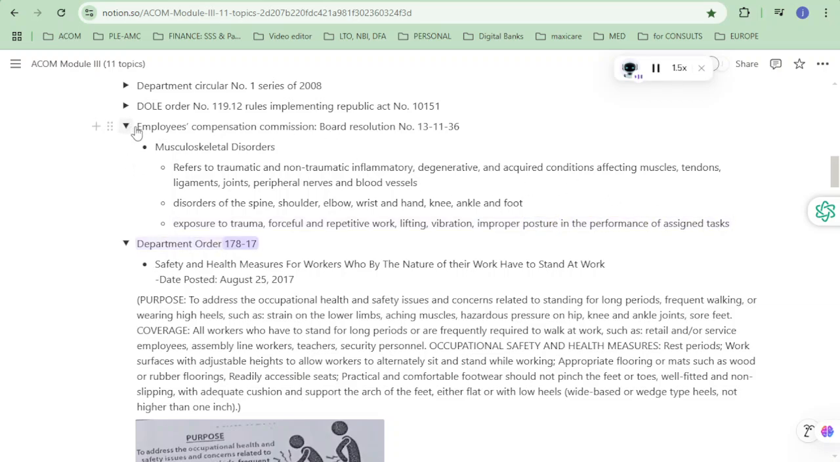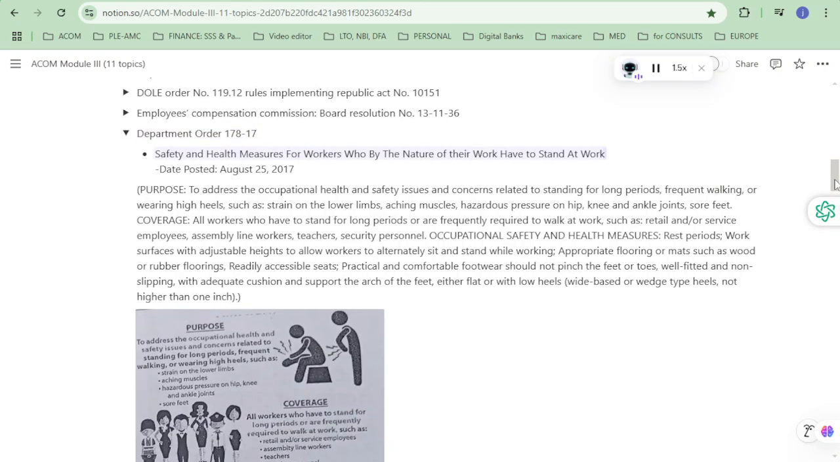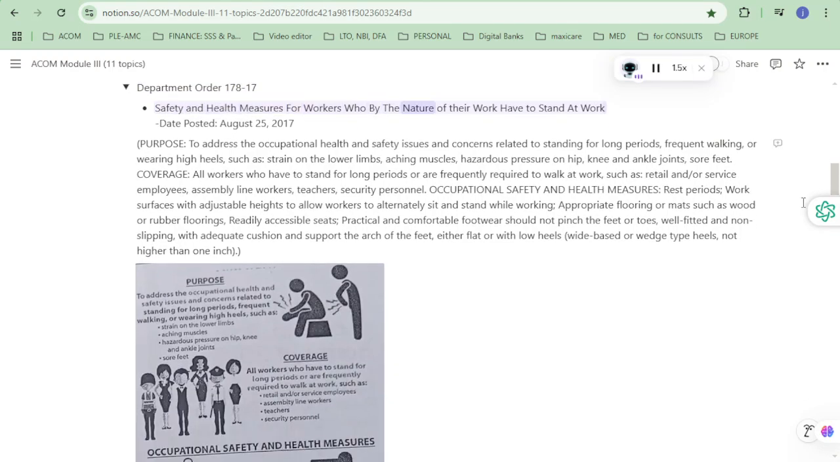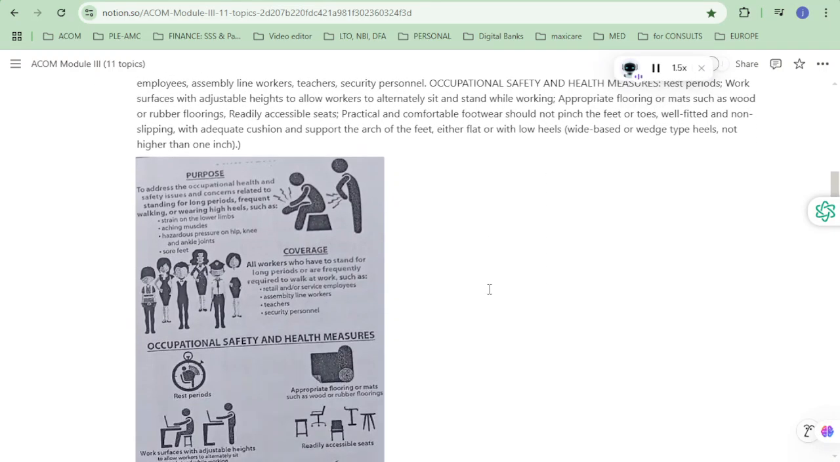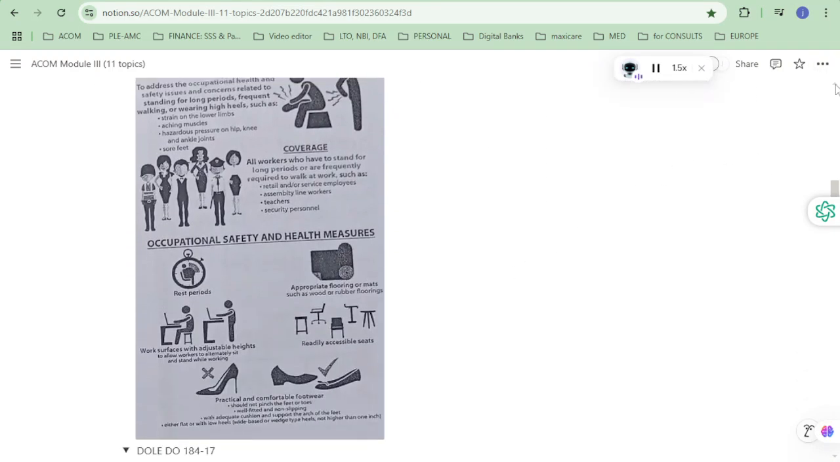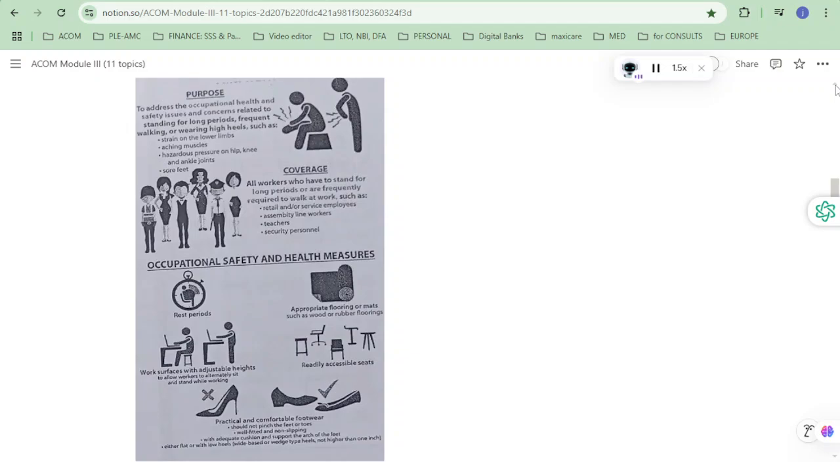Department Order 178-17. Safety and health measures for workers who by the nature of their work have to stand at work. Date posted, August 25, 2017. Purpose: to address the occupational health and safety issues and concerns related to standing for long periods, frequent walking, or wearing high heels, such as strain on the lower limbs, aching muscles, hazardous pressure on hip, knee, and ankle joints, sore feet. Coverage: all workers who have to stand for long periods or are frequently required to walk at work,